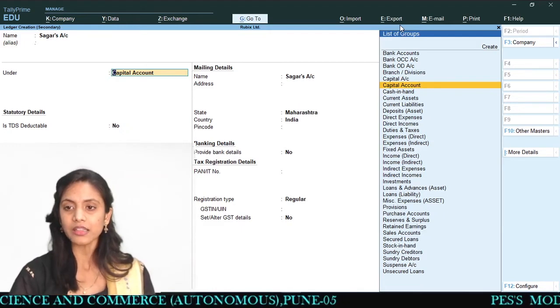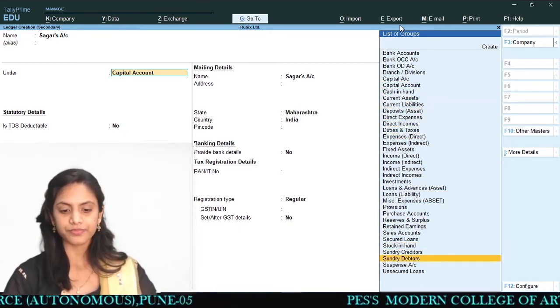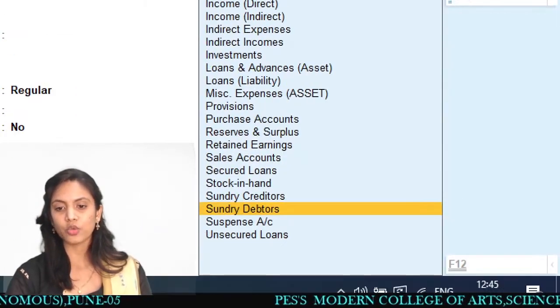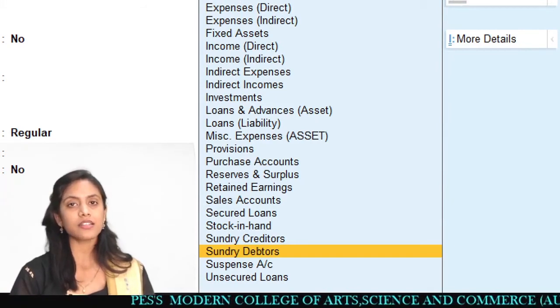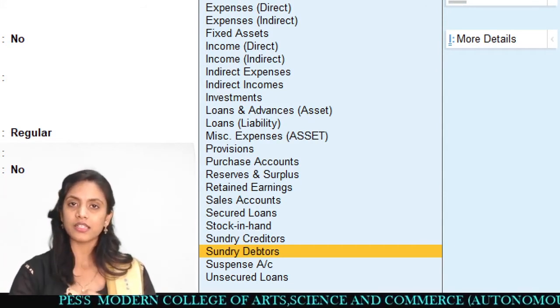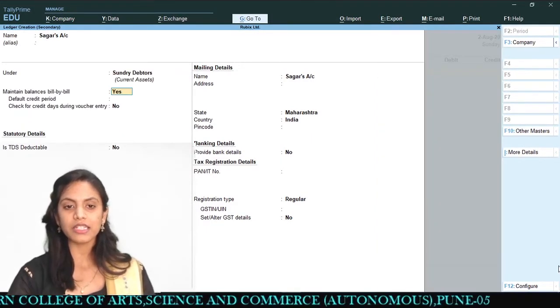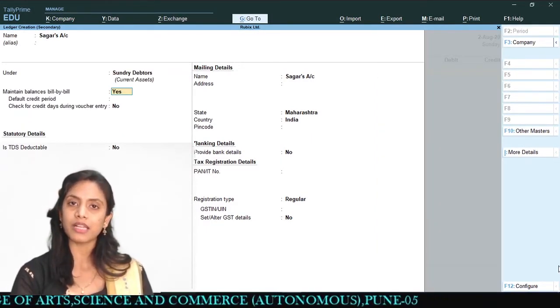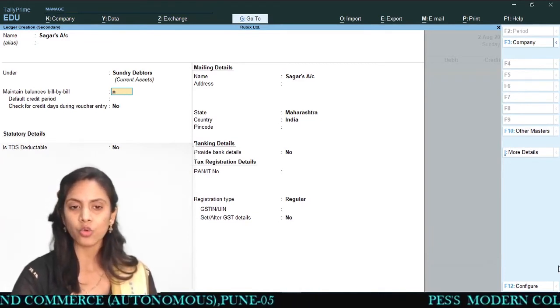You can see the list of ledgers in that option; Sundry Debtors is here. Okay, I have to choose this Sundry Debtors, and under this there will be Sagar's account. Now they are asking maintain balances bill by bill. For the sake of time being, I am saying no over here.